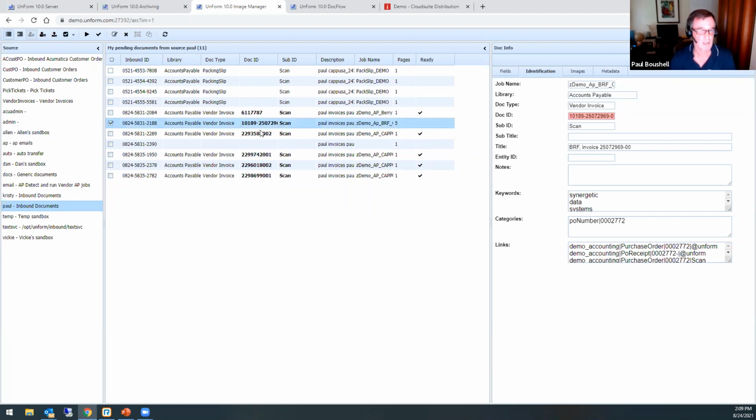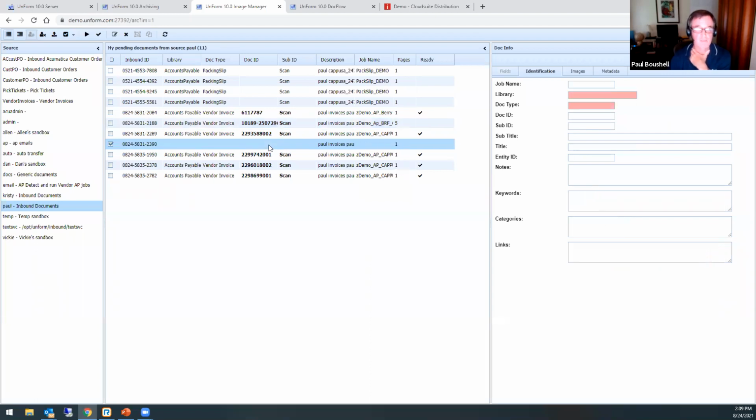So exceptions can be a couple of things, or many things actually, but in this case, this document, as it came in, it detected that it was a duplicate. It's already come in once. So it's going to hold it up, and someone's going to have to come in and take a look at it and do some sort of resolution. We'll have to figure out, is it in fact a duplicate, or is it valid? Should I let it go through?